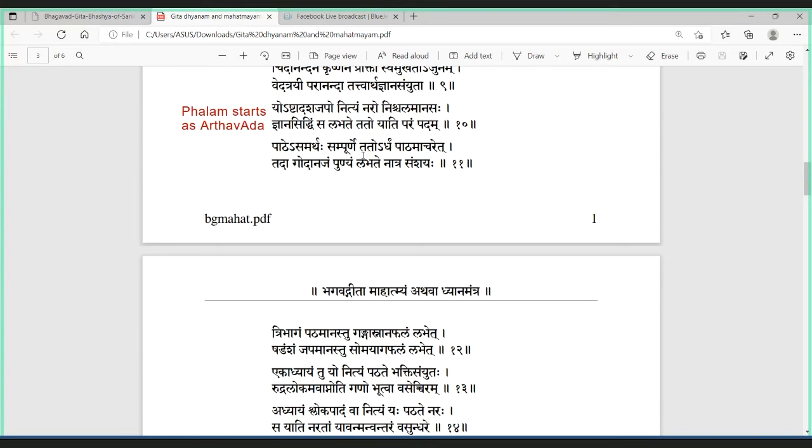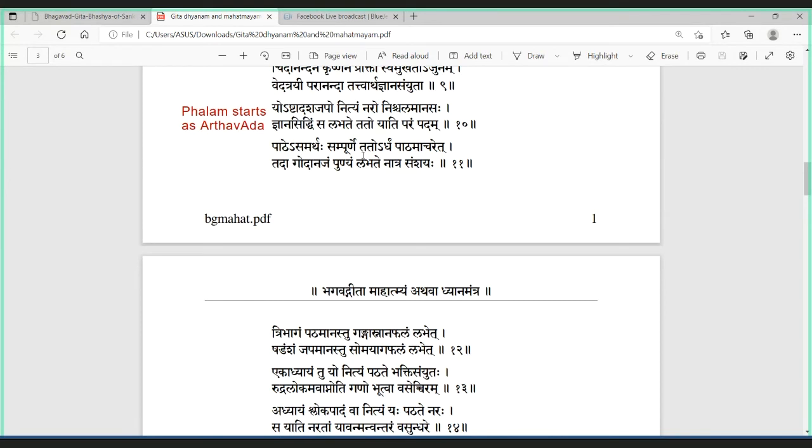9. So if he does only 9 chapters, supposing he's not able to do 18, he does only 9 chapters. Then the phal of that is, godanajam punyam. Whatever punyam comes from godan. Godan is dan of cows. Whatever punyam you acquire by doing that physical action, that same equivalent punyam you will get by doing